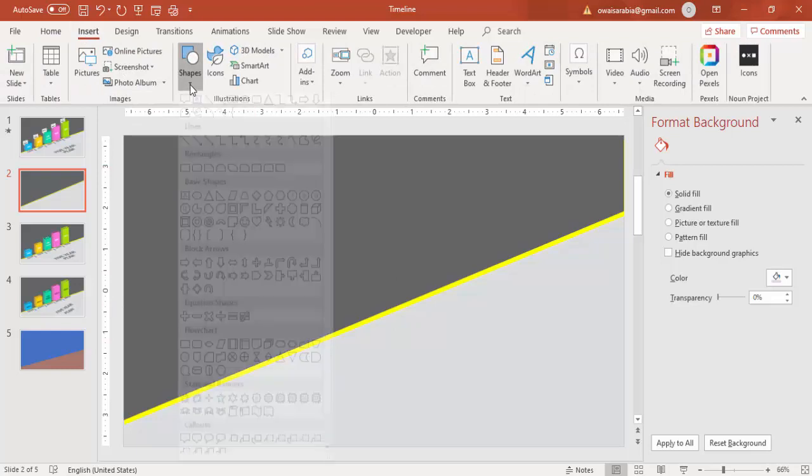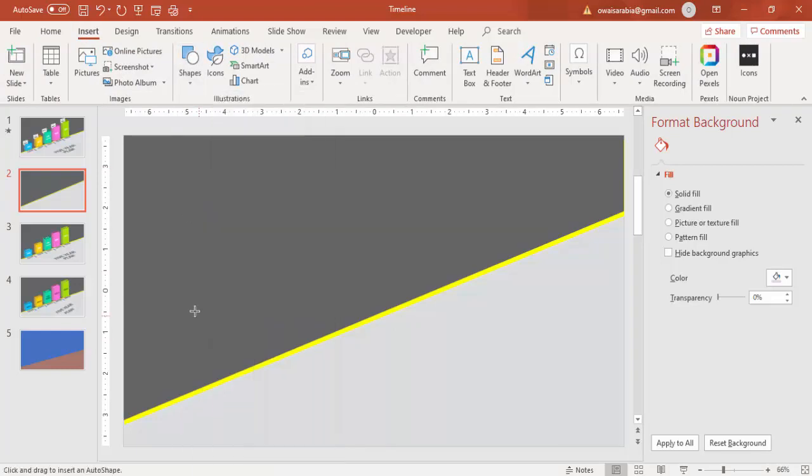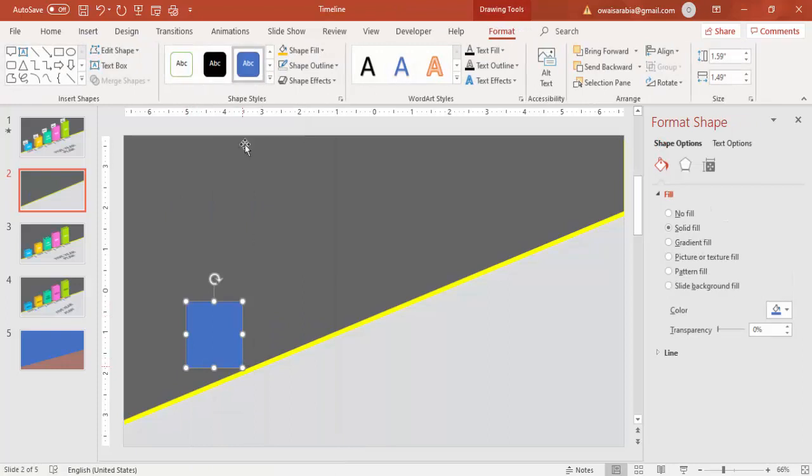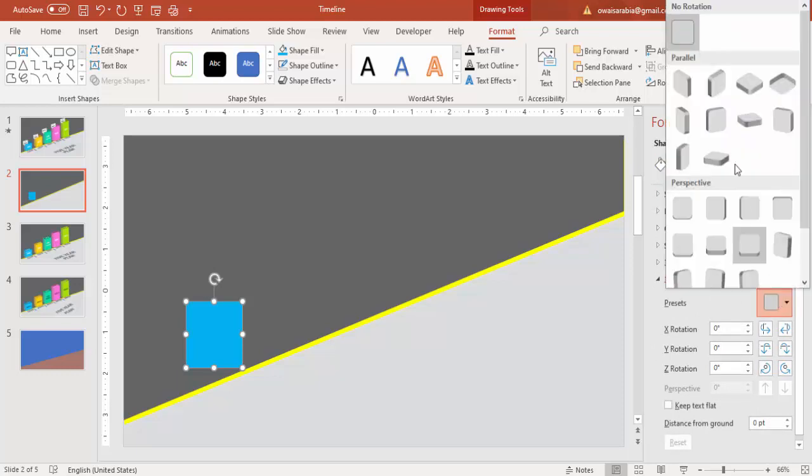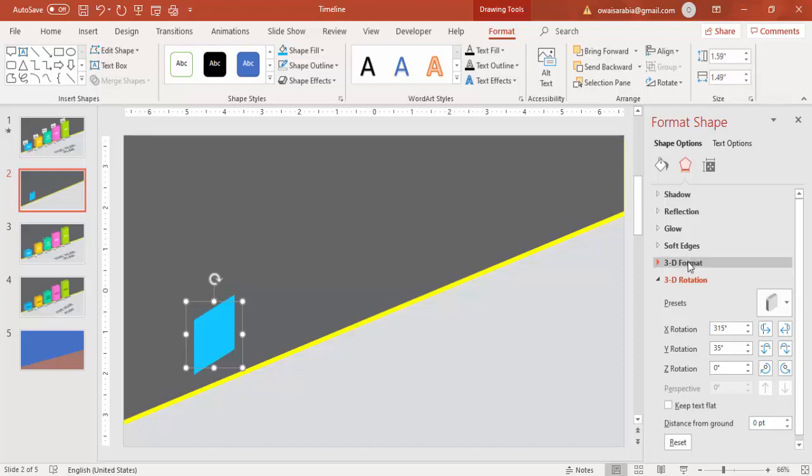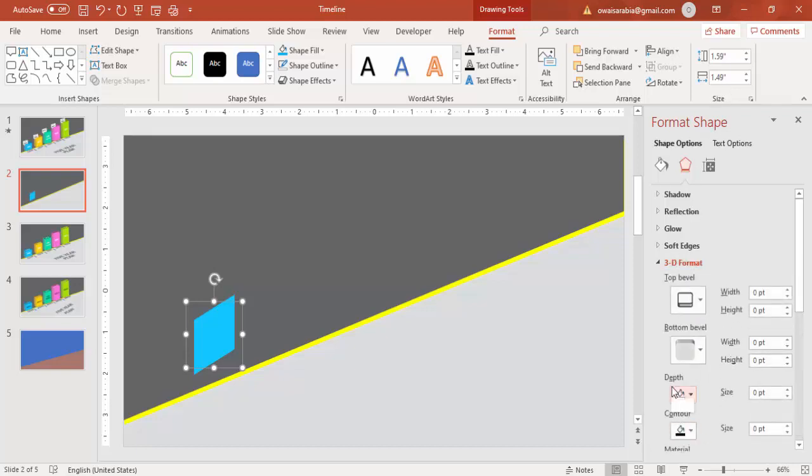Go to Insert, Shapes, select a rectangle again, draw the small rectangle something like this, make it no outline and give a different color, and go to Effects. Under 3D rotation, select isometric right up, and then I'm going to 3D format. Under 3D format, go to depth and increase the size. You can make it 50 and a little bit,